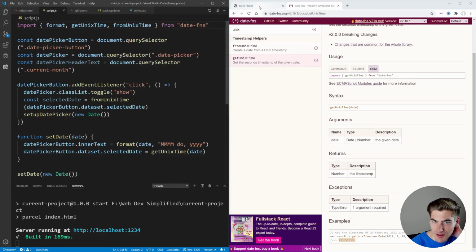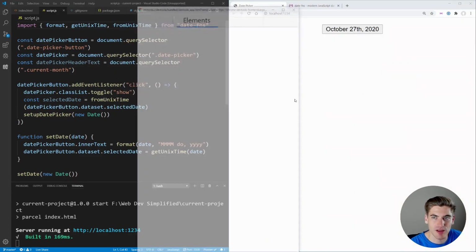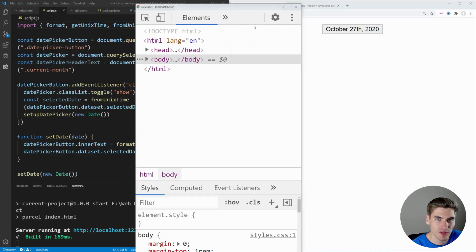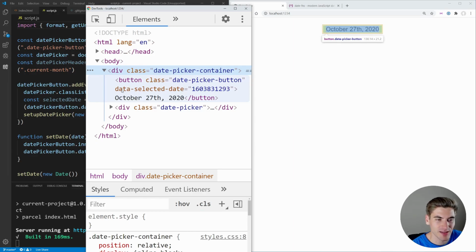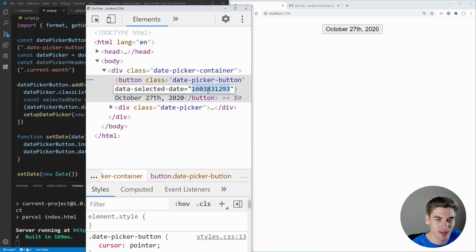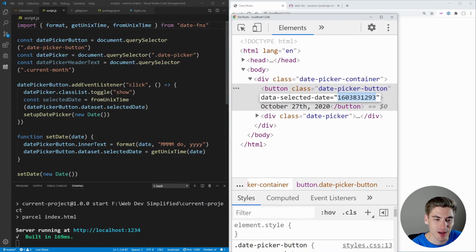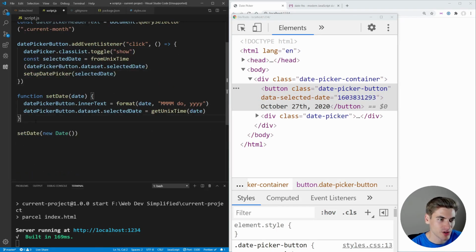So let me show you exactly how this works. If we just inspect our page here and, whoops, we go over to our elements, you can see that when we get our button, it has this data-selected-date, which is set to this timestamp. This is the current timestamp of exactly the time that I'm at right now in the Unix timestamp format. And that's what this getUnixTime function is giving us. Then we can get the selected date up here by converting that from Unix time. And if we pass that to setupDatePicker, and we just create that function,